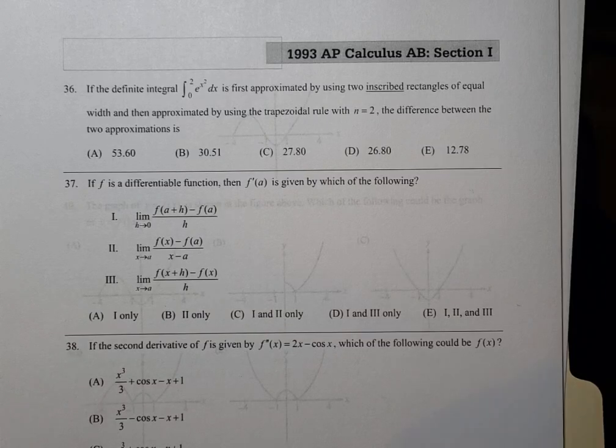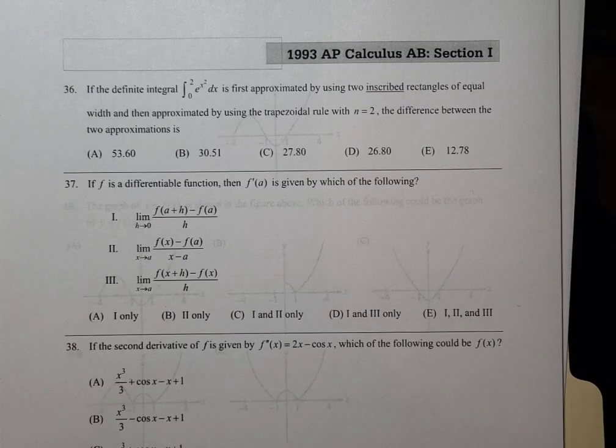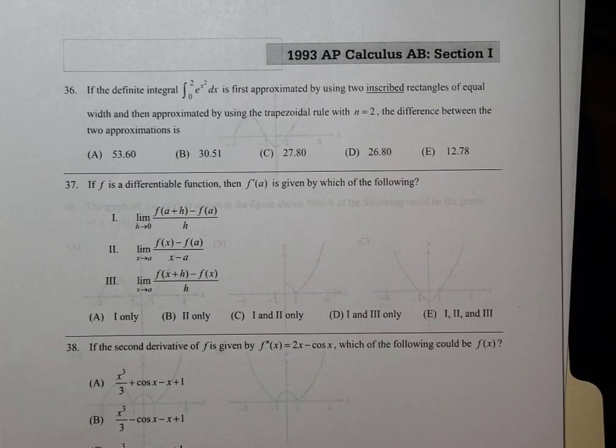So let's begin. If the definite integral from 0 to 2 of e to the x squared dx is first approximated by using two inscribed rectangles of equal width, and then approximated by using the trapezoid rule with n equal to 2, the difference between the two approximations is... You will need a calculator for this problem, but to set it up,